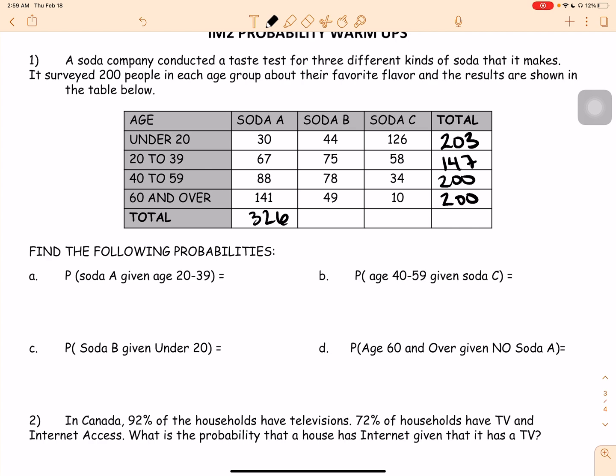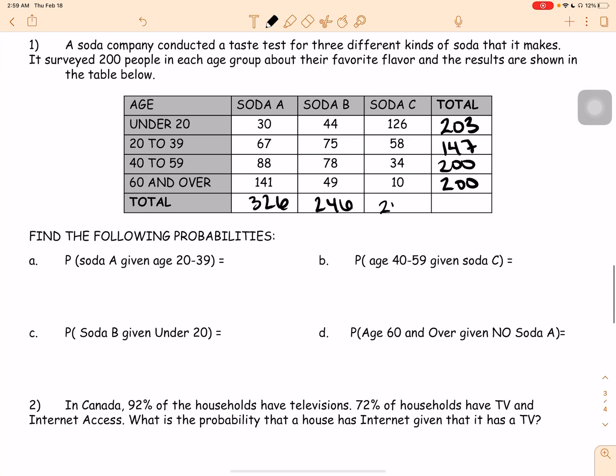Okay, so soda B is 44 plus 75 plus 78. And again, I'm doing all this calculation on my phone just so it's faster. Plus 49 is 246. And then we have 126 plus 58 plus 34 plus 10. So it's going to be 228. All right, so now if you go to add those up, it should,